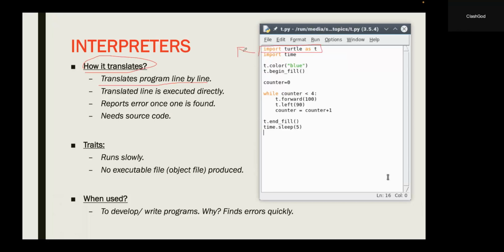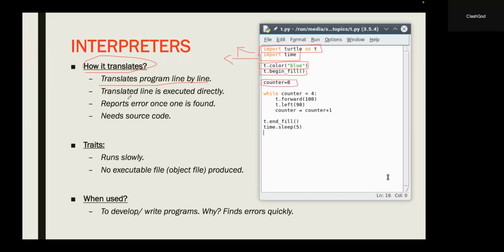It translates this code into zeros and ones, right? Next, after it translates to zeros and ones, it gives this code to the device, to the computer, and the computer executes this line of code. So the interpreter translates this into zeros and ones, and then the computer executes it. Then it moves on to the next line, translates the next line, and then executes it again. And then it moves to the next line, translates, executes, next line, translates, executes, next line, translates, executes until it